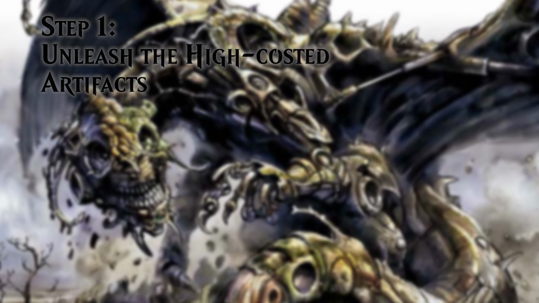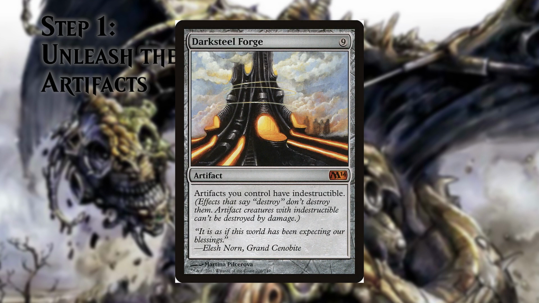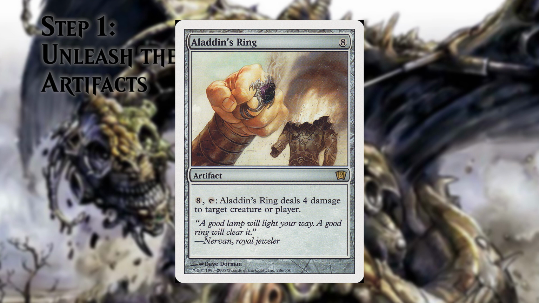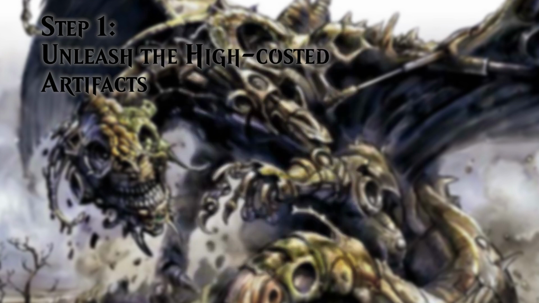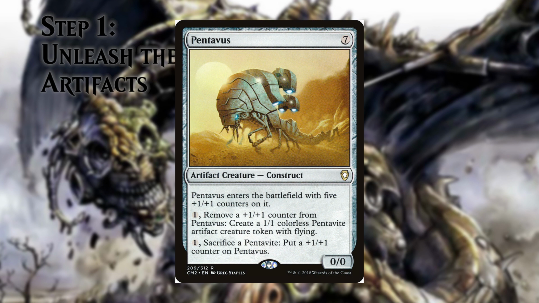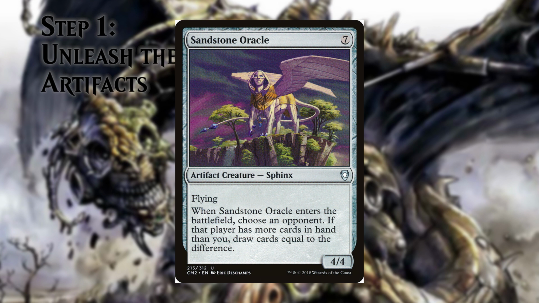From 11 we drop to 9, where we have Darksteel Forge, very useful against removal and some nice 9 damage to our opponent. Then Aladdin's Ring with 8, and if we have infinite mana and infinite untaps, as we are going to see later, this is also infinite damage if we don't have Bosch in play. With 7 we have a Spine of Ish Sah, Myr Battlefield, Pentavus and Sandstorm Oracle, each of them useful in